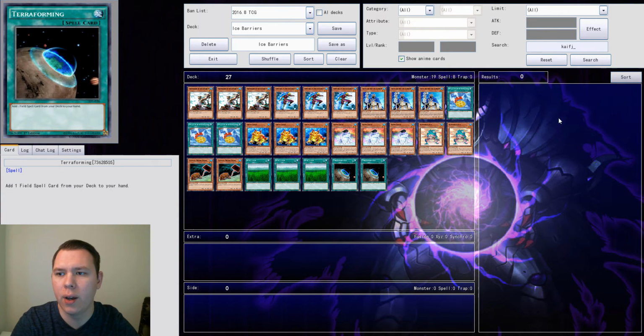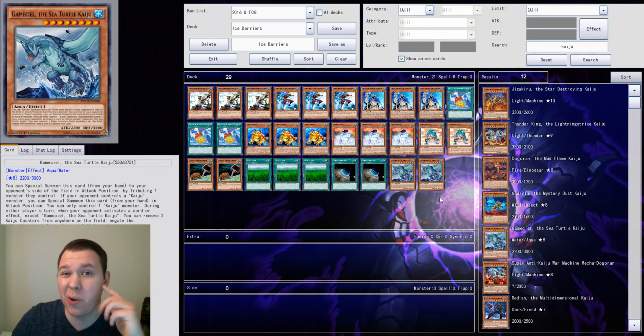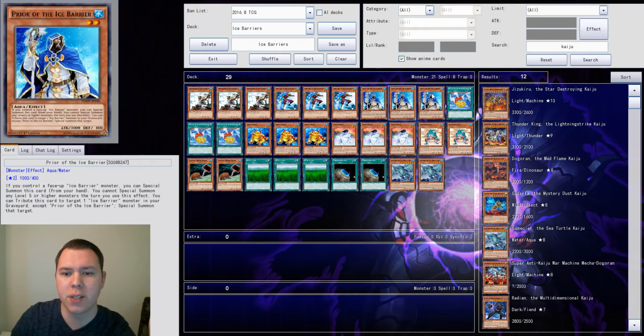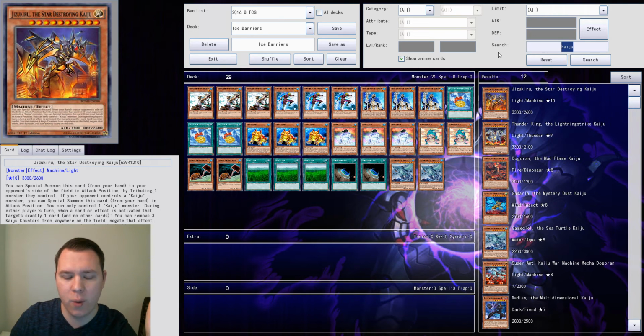Ooh! I know what I forgot to add. In my last video with DDDs, I actually mentioned that I would always play Kaijus in whatever deck now because it's just broken. And because literally everything is water, we're going to do 2 waters to that. So I think everything is literally water now. It is. And then we can add